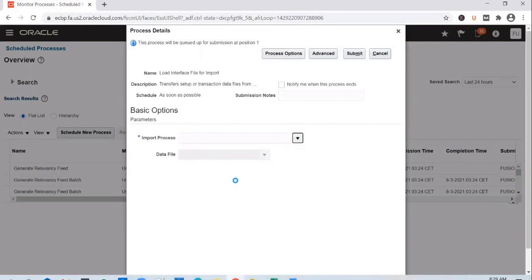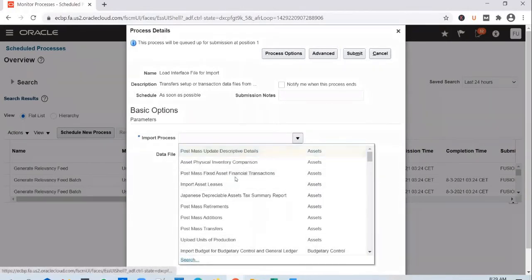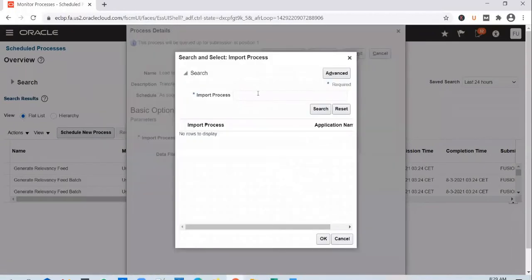So you click on the drop down. And you need to select the import journals job here. Search for it.